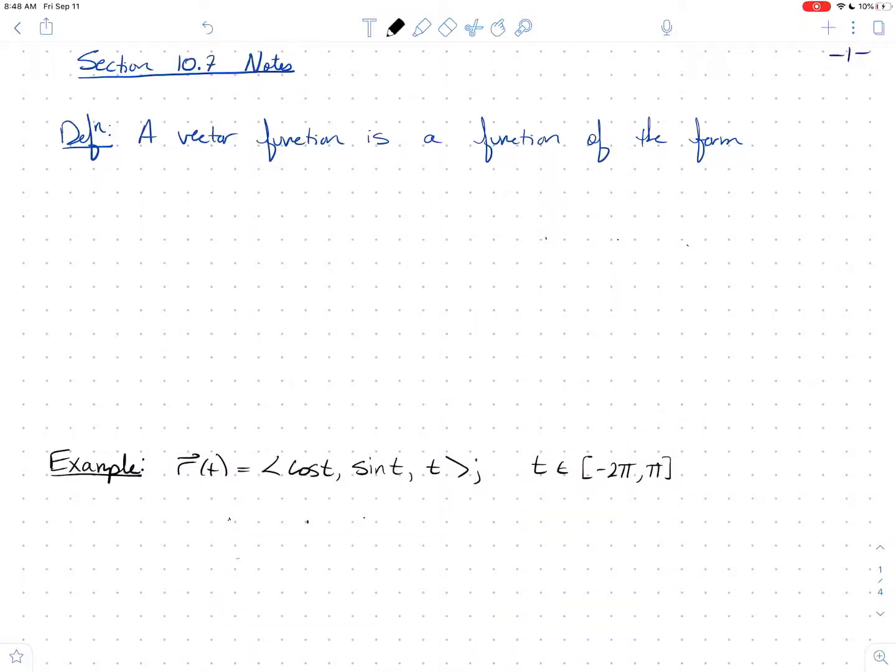All right, welcome to 10.7. We're going to be talking about vector functions. And so a vector function is a function of the form r of t equals the vector f of t, comma, g of t, comma, h of t. And of course these letters are arbitrary, but the point is you have one variable and each component is a